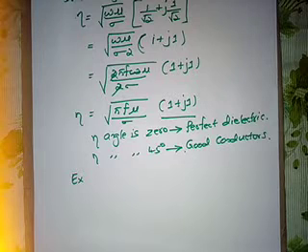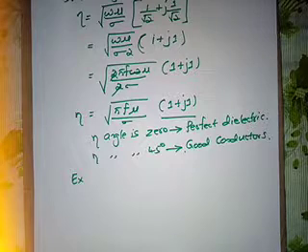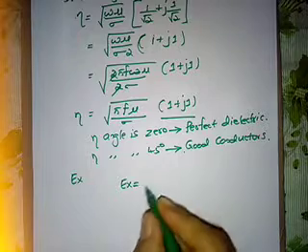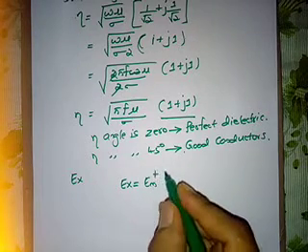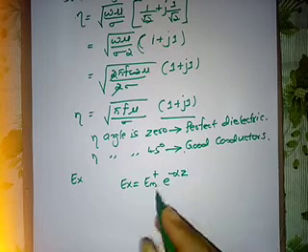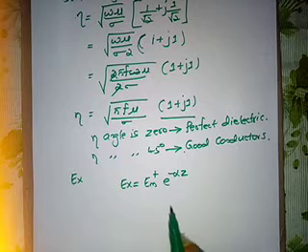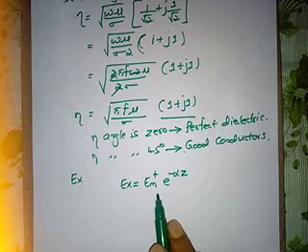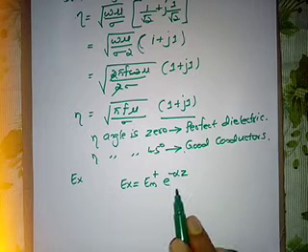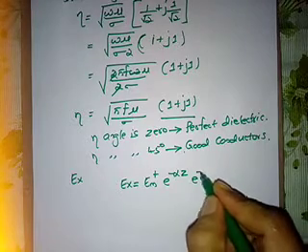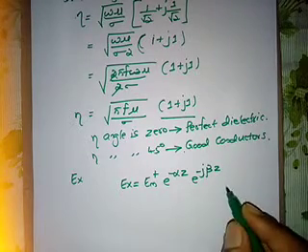For this Ex which is traveling in the z direction, we can write the phasor equation as Ex is equal to Em plus, e raised to minus alpha z. It is traveling in the positive z direction, so it is Em plus, that is, Em plus is the maximum value of the Ex component, into e raised to minus alpha z into e raised to minus j beta z. Fine.